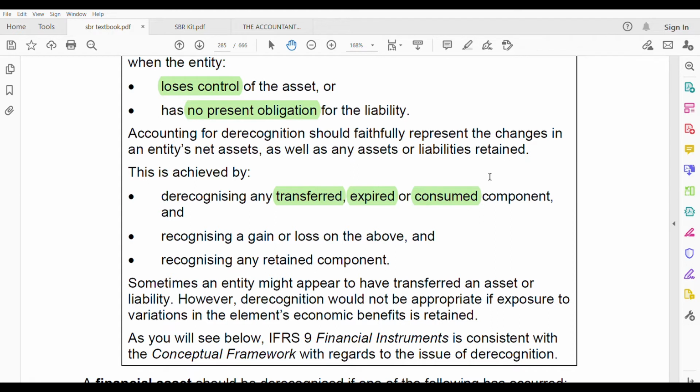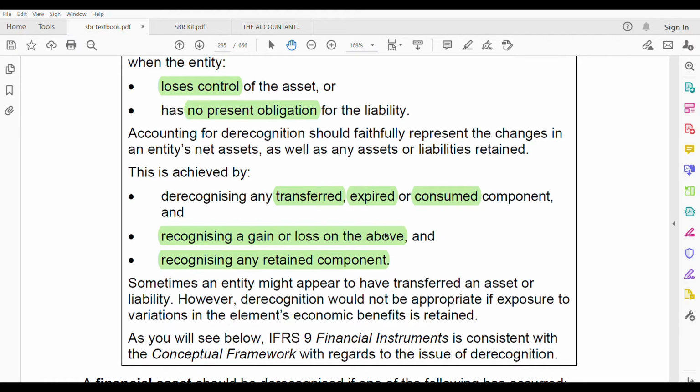If any component has been transferred or expired or consumed, it is derecognized. Once you are derecognizing it, you will be having a gain or a loss, right? So you have to recognize that gain or loss on derecognition, and you have to recognize any retained component. If you are not selling it entirely, just a part of a component, the part which is retained, you have